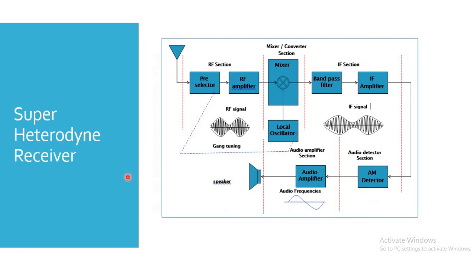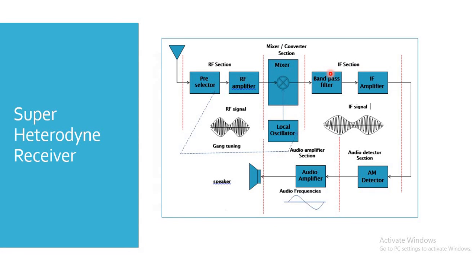So this is the block diagram of a superheterodyne receiver. This receiver consists of the pre-selector stage and the RF stage. These are the stages which are immediately present after the receiving antenna. Then we have a mixer. In the mixer, we mix the input signal with the signal generated by the local oscillator, and the output of this is called the IF signal or the IF frequency. Now, based on the input signal, the local oscillator frequency is adjusted in such a way that whatever your input signal is, the output is always a fixed value, that is, the IF value, and generally the IF is selected to be